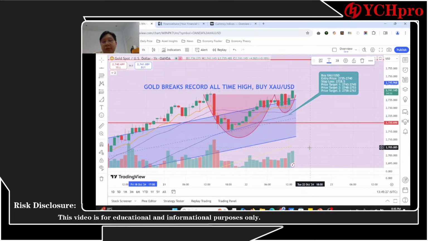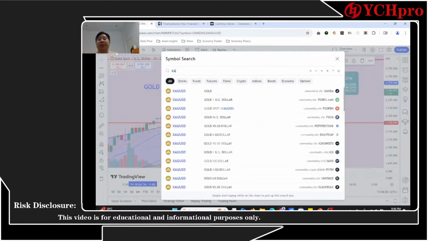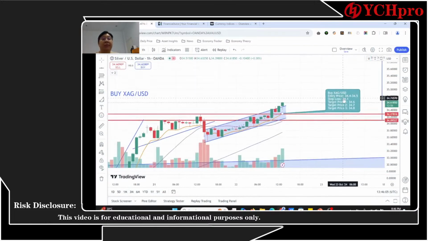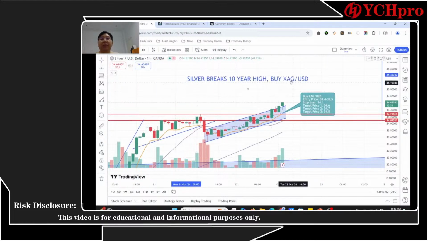Overall, we are still seeing good signs and it's getting higher and higher, guys. Okay, so let us continue and see what really happens on the market. Gold prices break even higher prices than yesterday, so that's a very good sign. You guys should be bullish. Silver prices, I believe, should be the same case, and right now we are already in a profit.